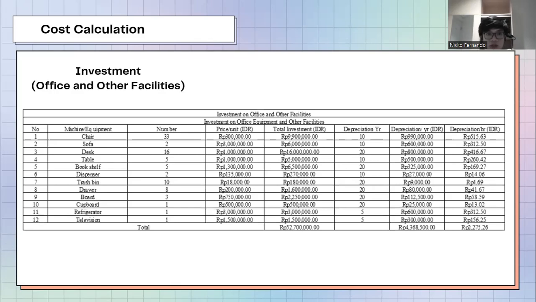We also got the investment for office and other facilities. After calculation of all of the equipment and machines, the depreciation per year is 4,368,500 rupiah. If we convert to hours, the depreciation per hour is 2,275.36 rupiah.